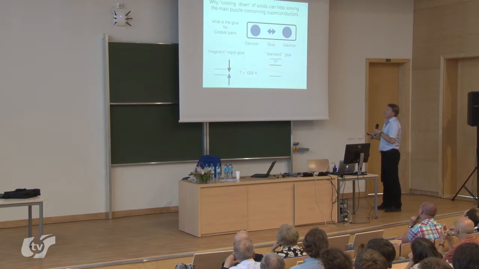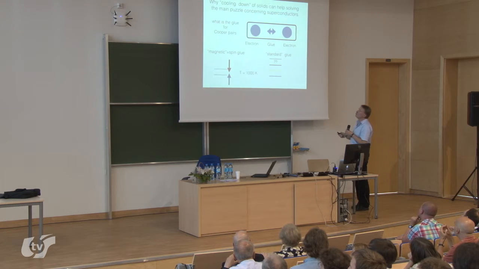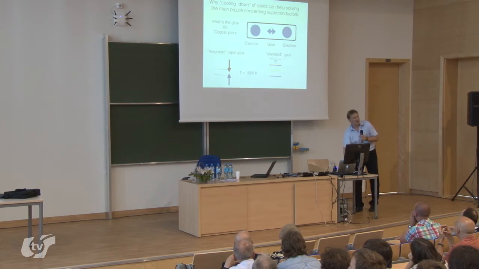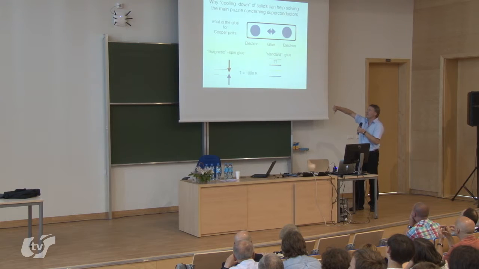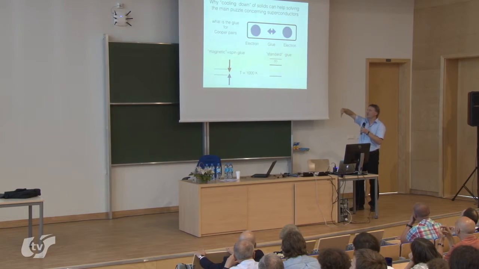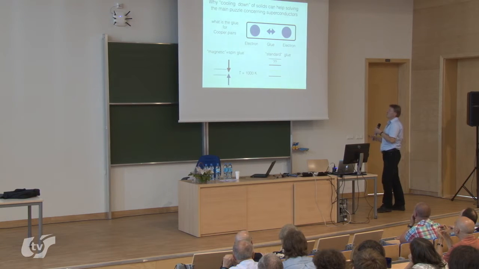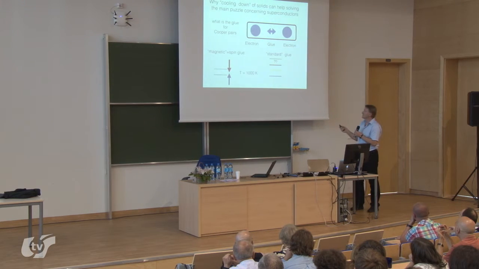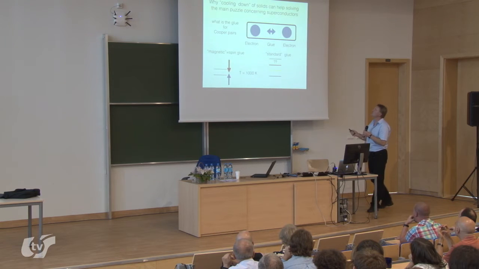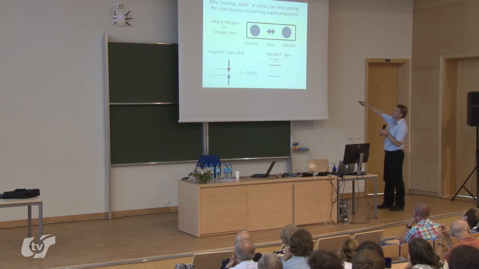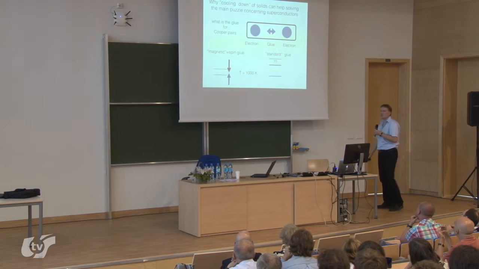Anyway, we have two possibilities for what this magic glue could be. It could be some magnetic glue. How can you think about magnetic glue? Magnetic glue would again be some degree of freedom like a qubit that can point either down or up. But there is also something that we call the standard glue. This is what we know in standard superconductors. I will not need to mention more, but there is a big distinction. Here we have two possibilities, and in the standard glue we have more than two possibilities.